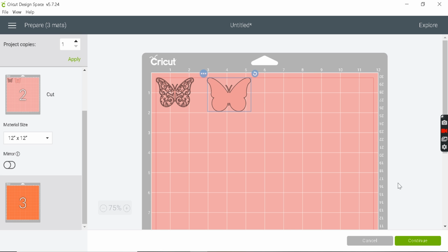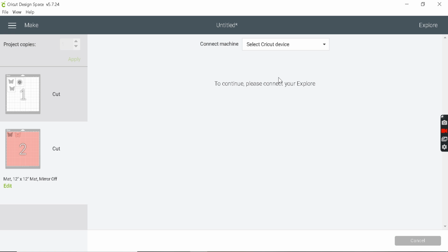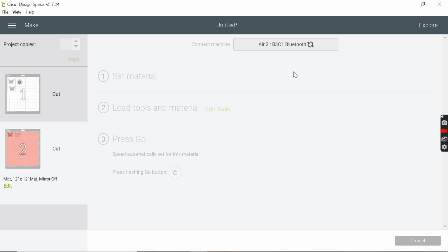So then now coming to the blades, I'm very sorry I won't be able to connect to my Cricut because I don't have access to my machine right now. But I'll explain how you can go ahead with it. So here what happens is they're going to ask which device you want to select and connect to. Whichever machine that you have, you get connected to it. Since I'm not able to connect, I can't explain exactly how it works.